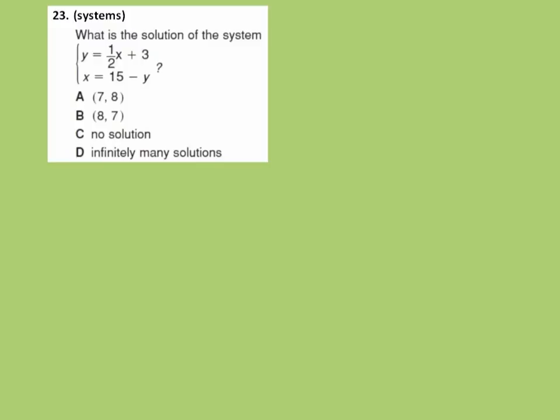Alright, so what's the solution to the system? y equals 1 half x plus 3, and x equals 15 minus y. We've got a couple different options. Now what we could do, notice that they're not both in y equals. So if we were going to try to graph this, which wouldn't be too hard, we just have to switch this equation into